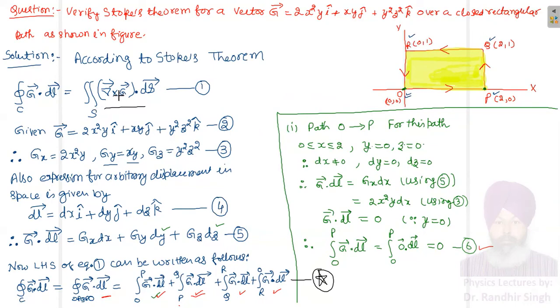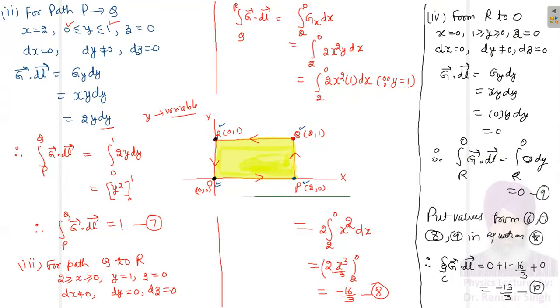Look, we want to find the surface integration of del cross G over the open surface. So let me go to this part so that we can evaluate it. Let the new page load. After that we are just going to finish it. So I am adding a new page.